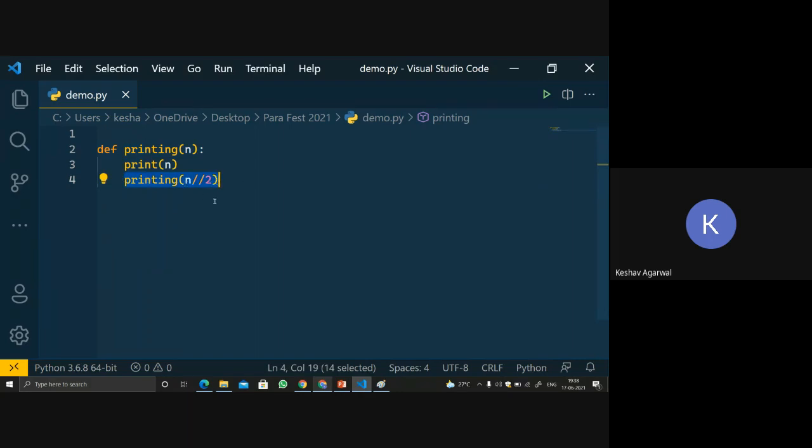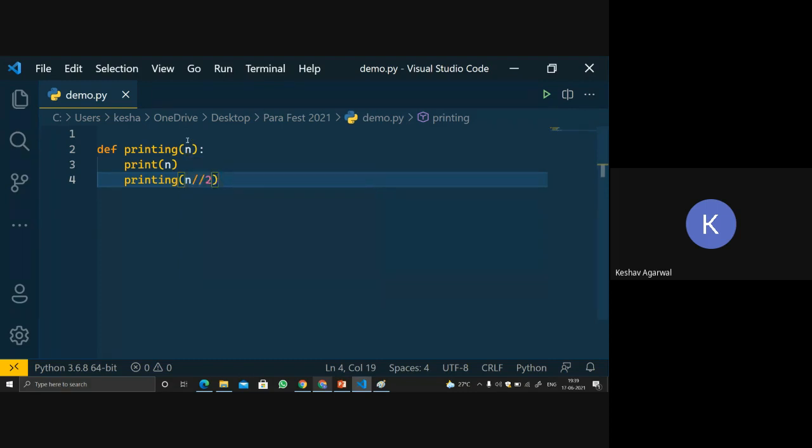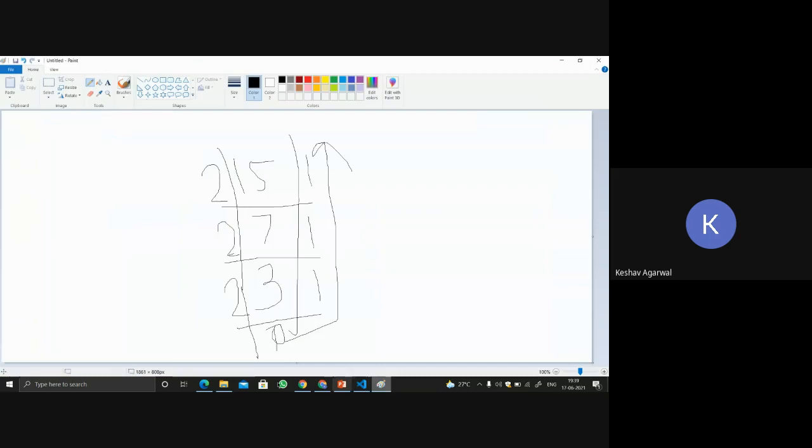Now see what will happen. This function called itself again, so it will have the same value as 2. Again, the function will come over here, and printing will be executed again. Let me explain it with an example.